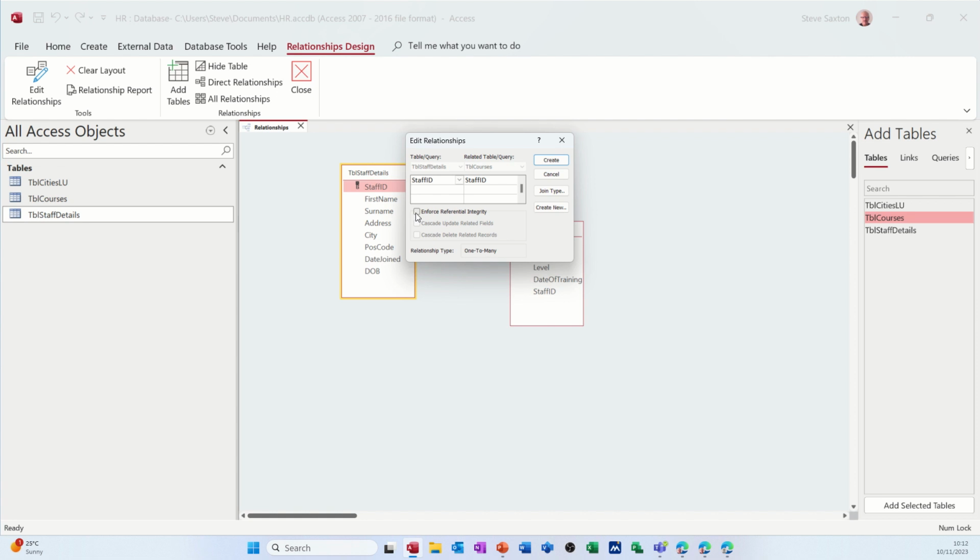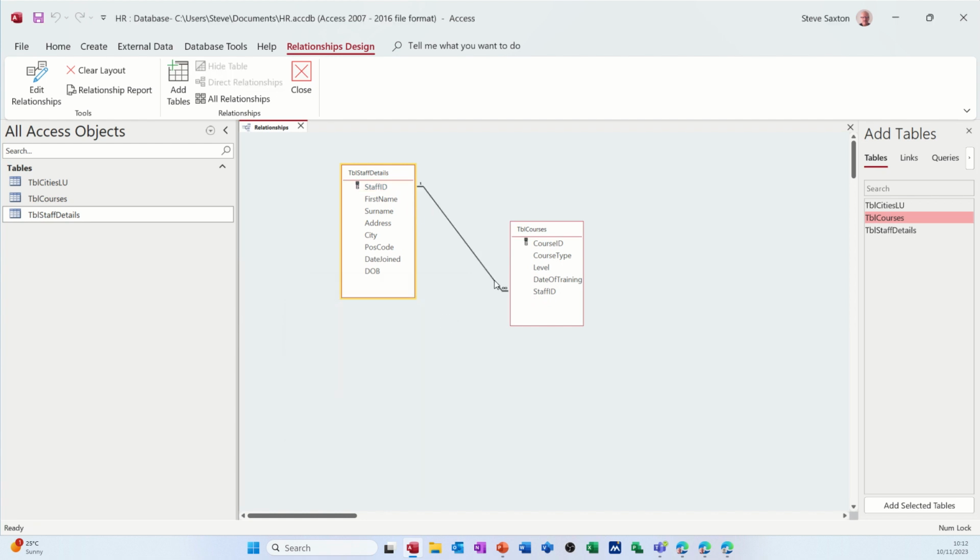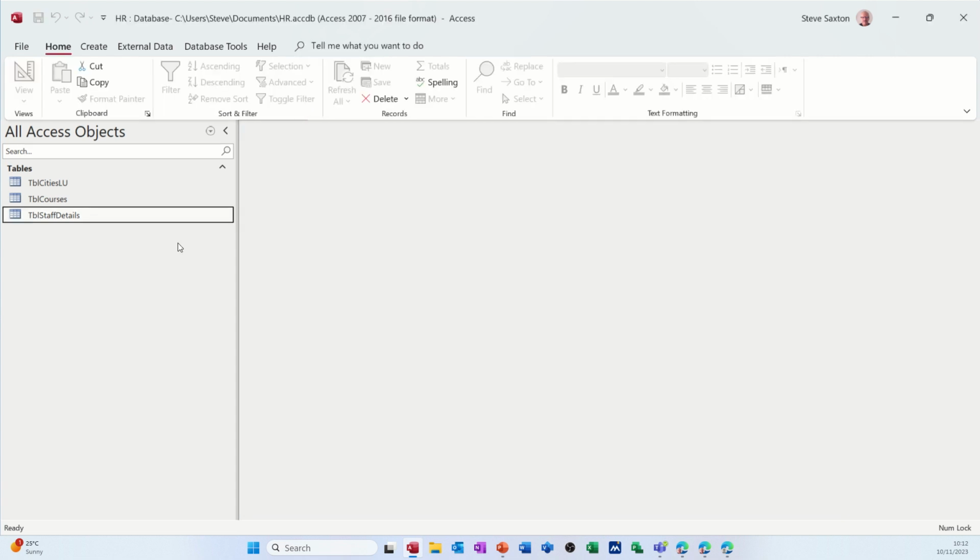Now this is quite important. If I tick that, it basically will stop me creating a staff ID person if they don't exist. But I've already limited the lookup to the list anyhow, so that should work as well. But I'm going to do that as a double whammy. Clicking create, I get the one-to-many symbol like so, and then I close that. Yes, I do. So now that's created, that is the link that will be in this database, linking these two